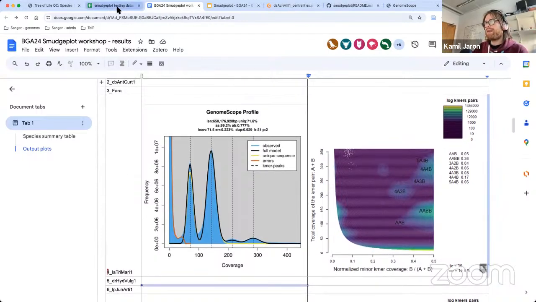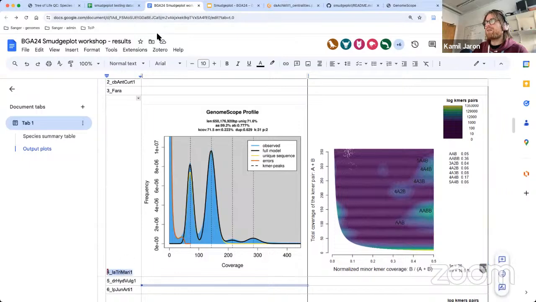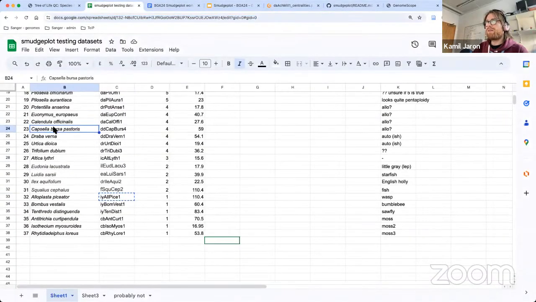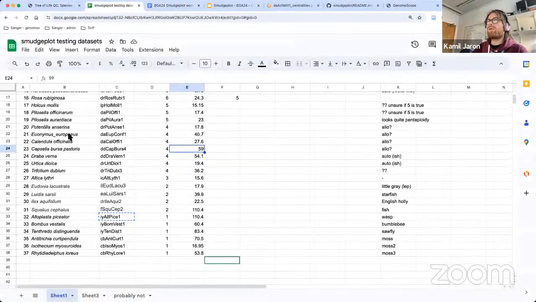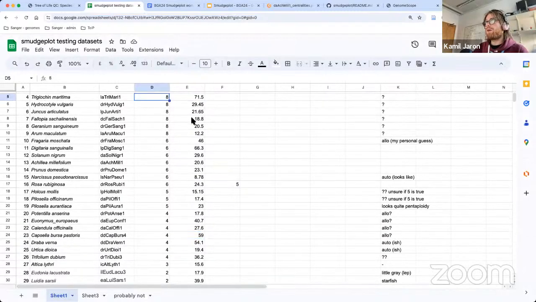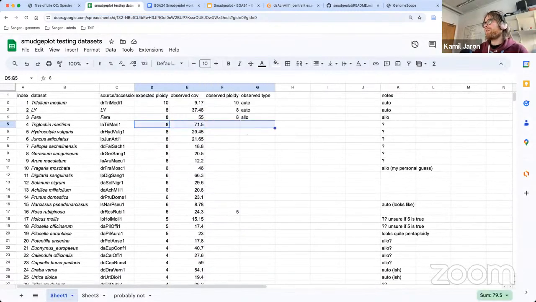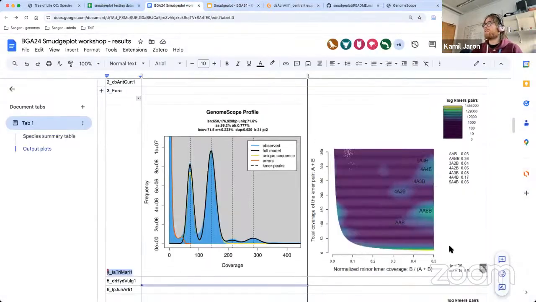Actually, I have a sheet with answers. So the number 4 is predicted tetraploid. Oh, that's wrong. Wait, no. Which was the number 4, not 24? Oh, it's predicted octoploid. No, I don't think that's octoploid. I think that's tetraploid, and I think that's allotetraploid because the strongest signal comes from 2 and 2 haplotypes.